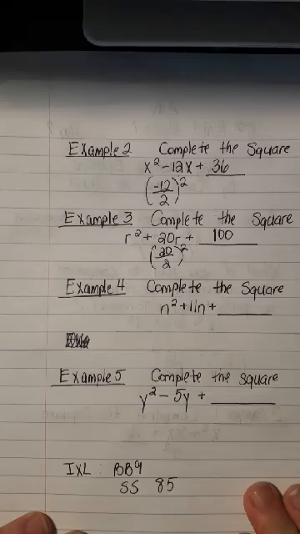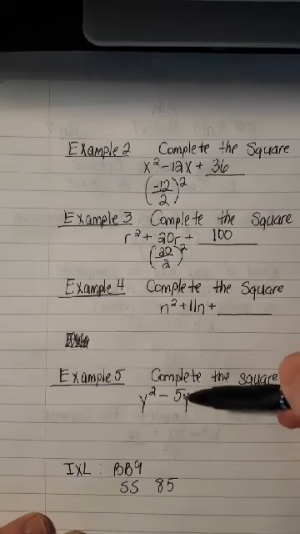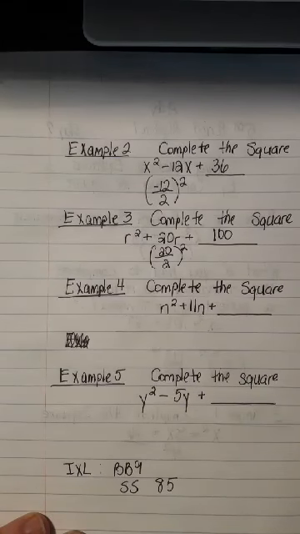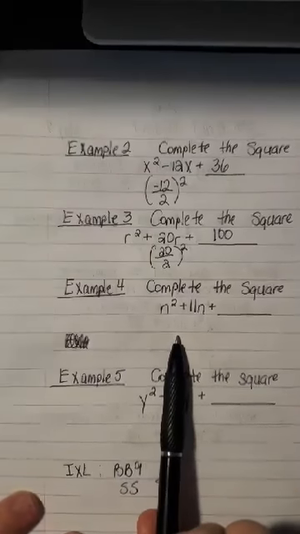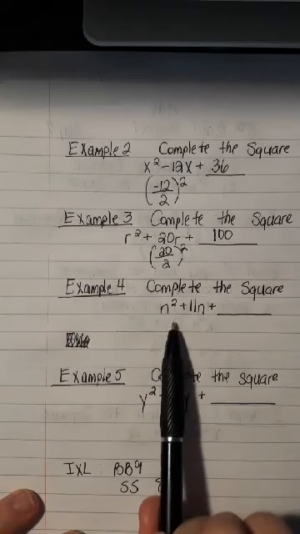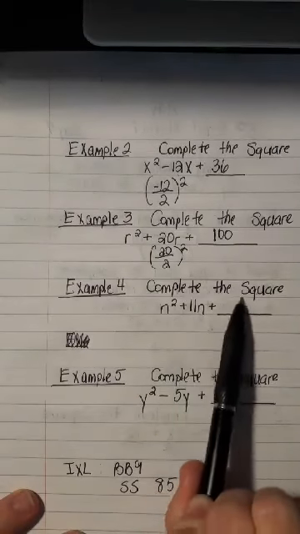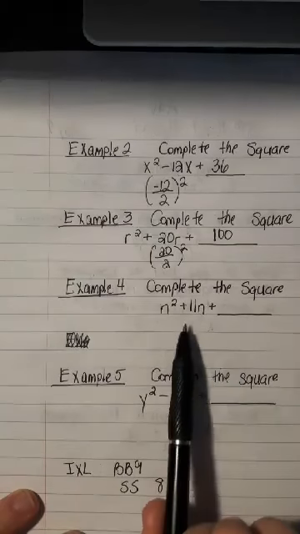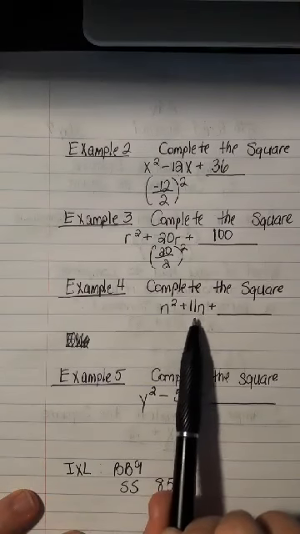But these are going to be odd numbers in the middle of our trinomial. So look at example 4. Complete the square. N squared plus 11n, and then we've got to put a number here at the end. Well, when you have an odd number in the middle,